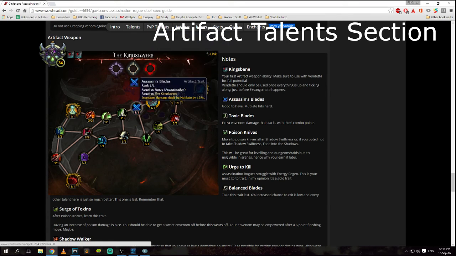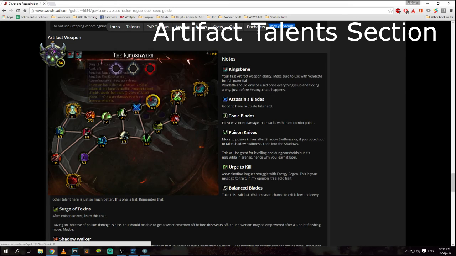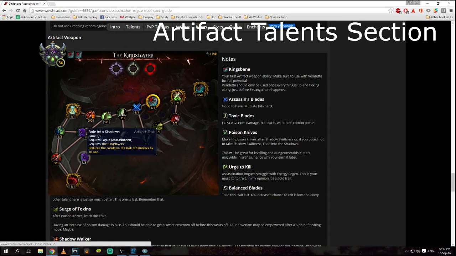So I moved from here, I moved all the way across. I wanted more speed, so I could move around a lot faster, and then I picked this up even though it's not really that great. Then I moved back through here, and I picked up the Master Assassin, reduced cooldown of Vendetta. Then I moved along to the bleeds. I got the bleeds. This has been absolutely great so far. I've been really enjoying using this. Then I'm going to move up here once I get enough artifact power, because I want to have reduced Cloak